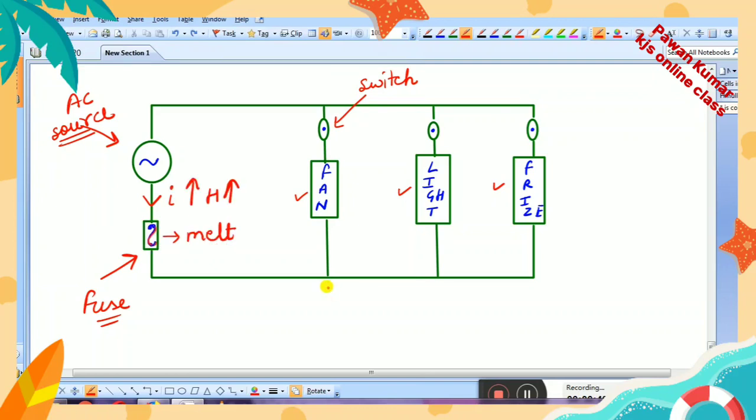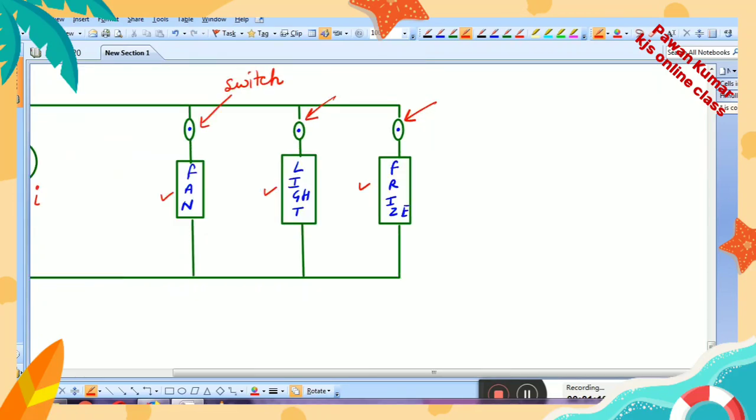You can also check in your home, you must be having a fuse connected which will be the main fuse of your home. If that fuse will melt, the whole electricity of your home will stop. No device will work. Now the second thing which I want to explain here is the advantage of parallel combination, right? These all are switches. Now children, one question is very rare and asked many times, that why these electrical devices are connected in parallel, not in series.